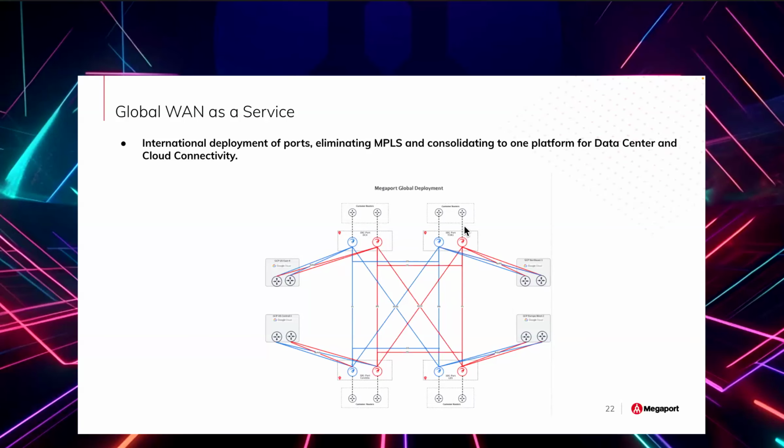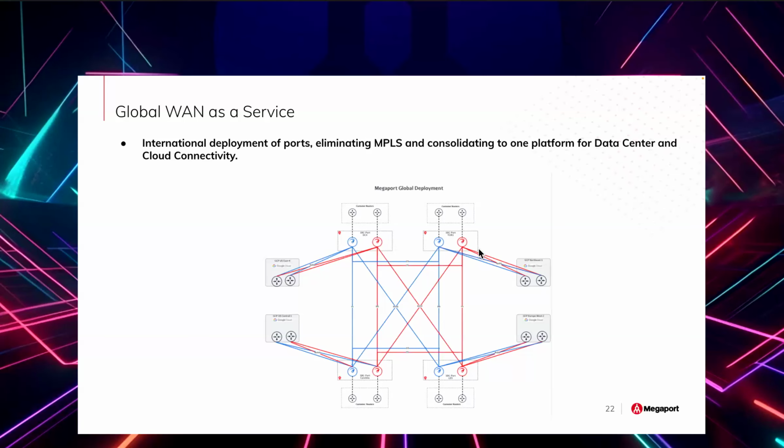But in these other locations, they actually needed to get a last mile connection in Canada and also the UK and the United States in total. So what they did was they went to their MPLS providers and said, look, I need to utilize my contract spend to get a last mile connection to Megaport's enabled data centers from these corporate locations. So it's an interesting way that they spun the spend, and they were able to use that to get to us with a last mile and then fully mesh their environment using these layer 2